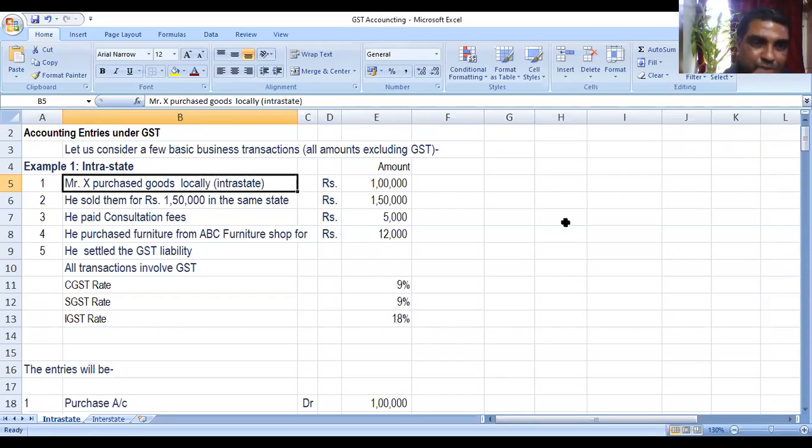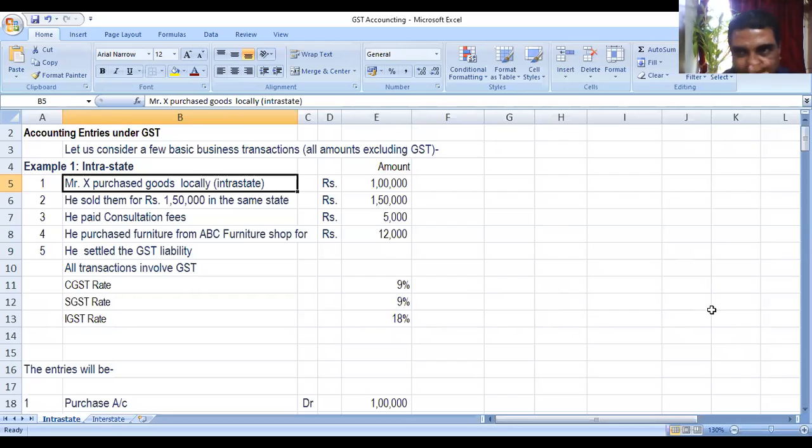Practically, we see in many organizations, people find it difficult to make proper entries for GST, since the concept is new and practically there is no such textbook where these things are explained. Out of our experience only, we have to make these entries. Now you see, can anyone suggest what entries can be made?